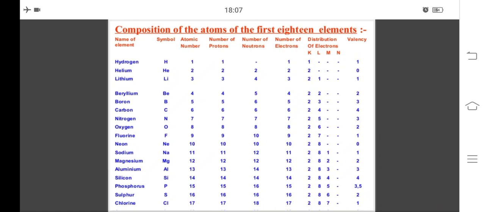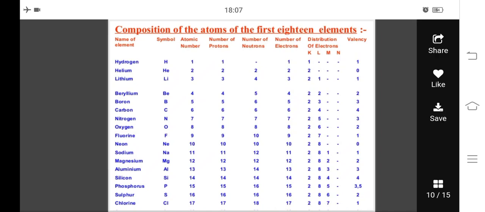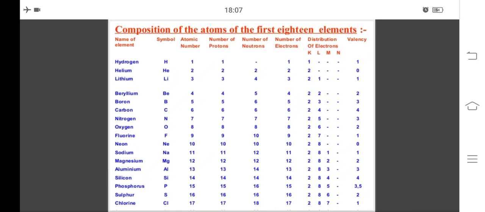Now the next term is valency. Valency is the number of electrons in the valence shell. Valency क्या होता है basically? Valence shell electrons होते हैं, the number of electrons which are present in the valence shell. And valency क्या होता है? Valency होता है the number of electrons it can give or it can take. The number of electrons an atom can give or take in order to attain the nearest noble gas configuration. अब noble gases क्या होती हैं? पीरियोडिक टेबल में जो नोबल गैसेस होती हैं वो होती हैं जिनकी शेल कंप्लीट होती है. Let us move further, it will be more clear to you.